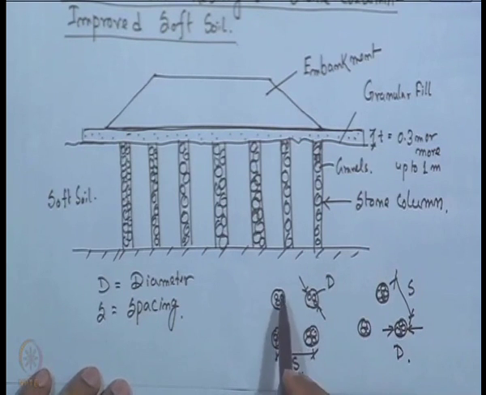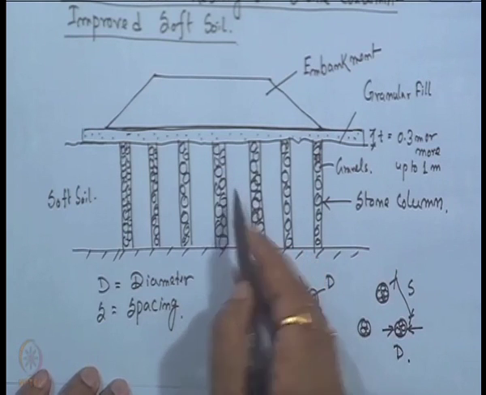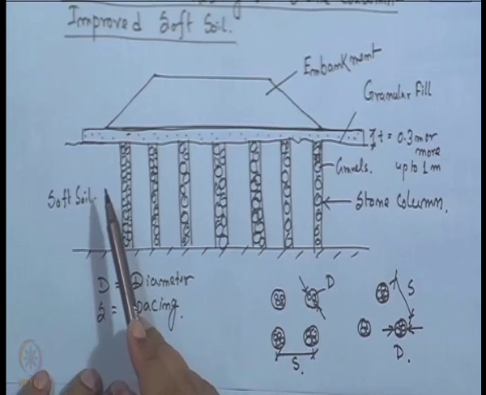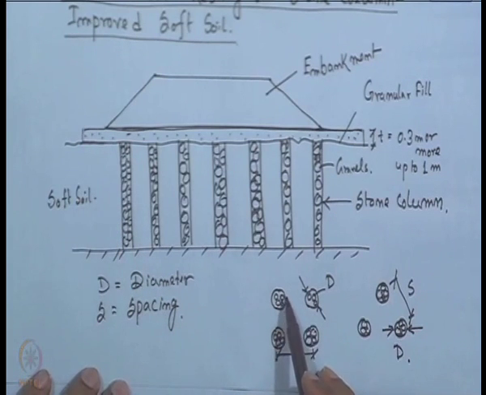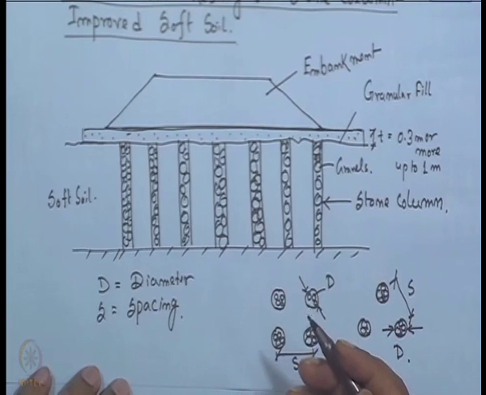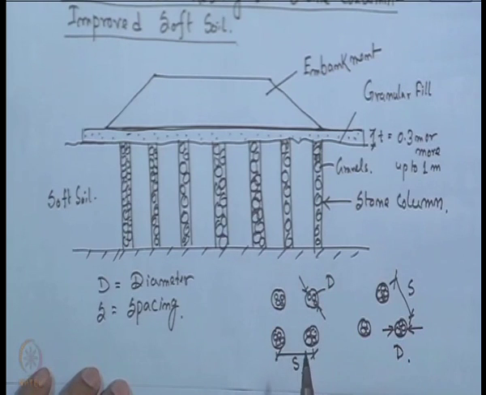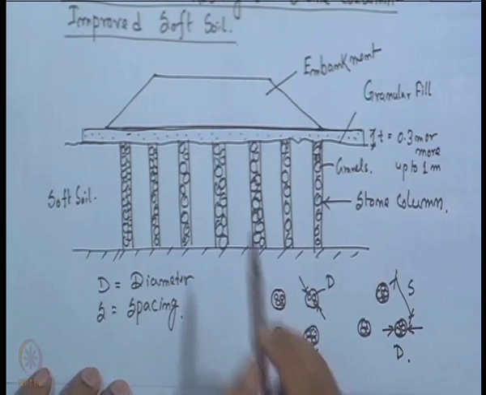First, as we know, these are the gravels and this is the very soft soil. So, the stiffness or the strength of the soft soil is very low compared to the strength of the stone column. So, it will act as a composite ground. What will happen is that the stiffness of the overall ground will improve. Once the stiffness of the overall ground improves, the strength of the ground will also improve. That means this way it will increase the bearing capacity and reduce the settlement of the foundation.